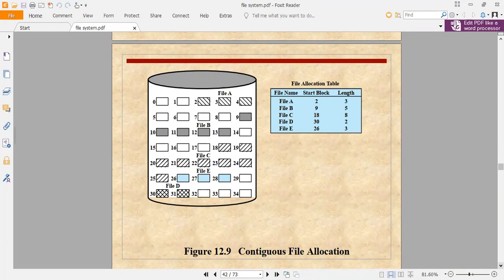Contiguous allocation presents some problems, like external fragmentation, which makes it difficult to find a contiguous block of space of sufficient length. As files are allocated and deleted, the free disk space is broken into little pieces, and external fragmentation exists whenever free space is broken into small chunks.